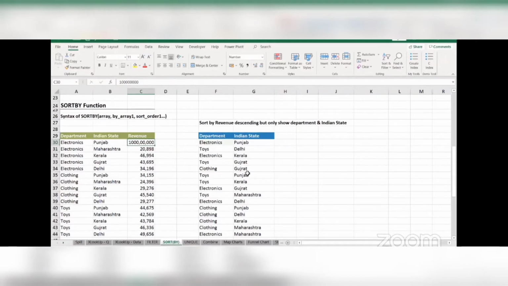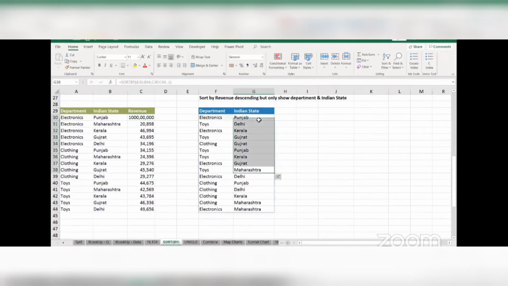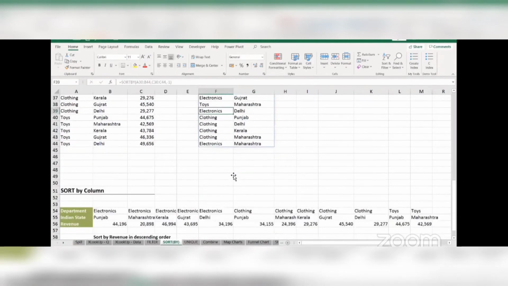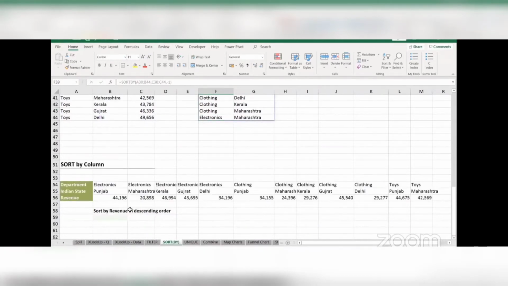As simple as that. Now let's finally take a look at horizontal data. We looked at vertical data, but it's not always going to be the case that you will have the data in vertical order. You might have it in horizontal format as well. So let's look at how horizontal format works.